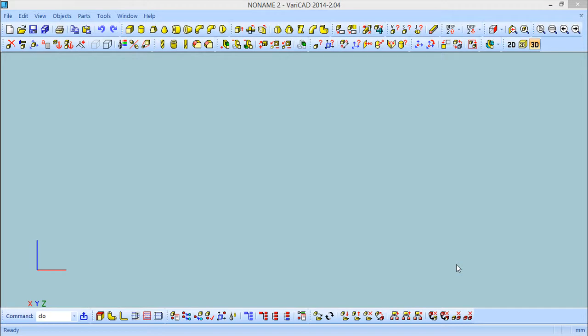Hello all, we are here for lesson number 47 of this VariCAD training course, and this lesson is called title blocks. With this lesson we start the complete and last new chapter of this training course, and in these three remaining lessons we are going to see about title blocks in this first one, then bills of materials and solid attributes. So to start with this lesson on title blocks, I will open a file which I previously prepared,